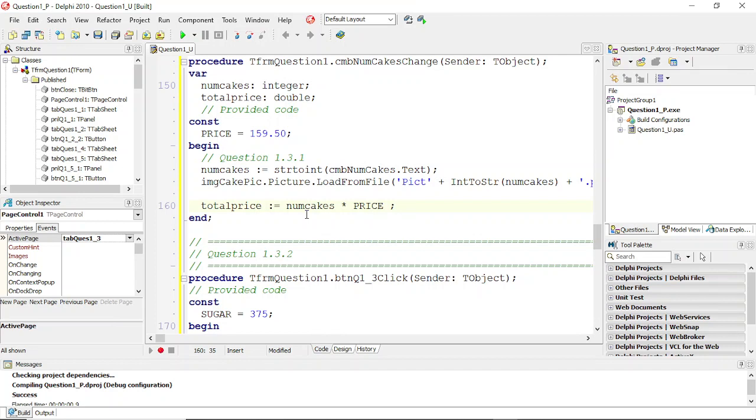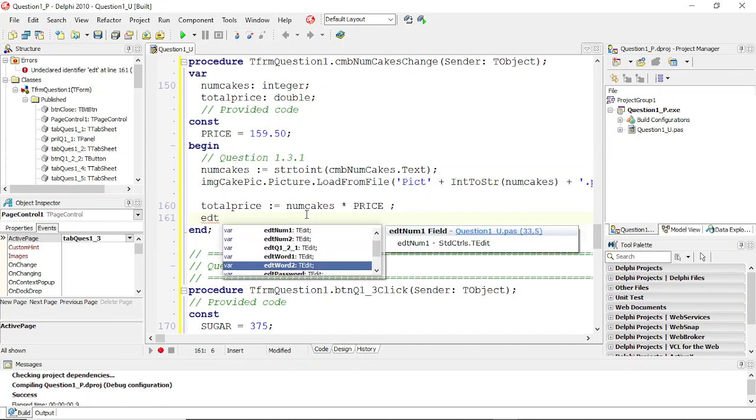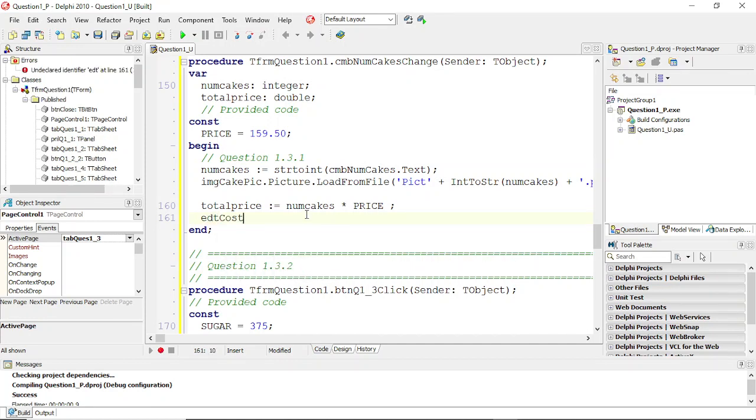There we go. That's going to calculate the total price for us. We can now display that total price, and we need to display it inside of edt cost, I presume. We just say dot text is equal to,